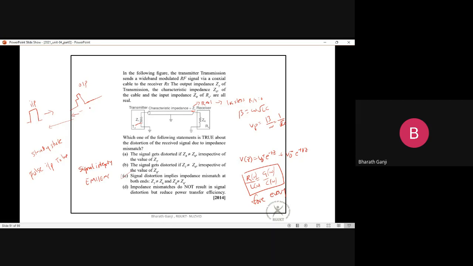To know that, we need to look at the time domain behavior. Even if R by L is G by C for every frequency, then also you can have distortion because of the impedance mismatches. Yes sir. Okay,